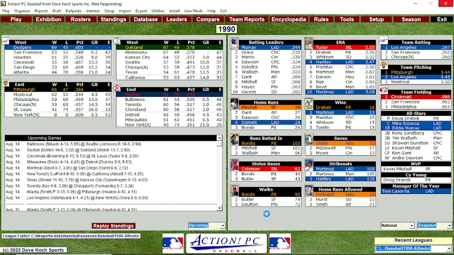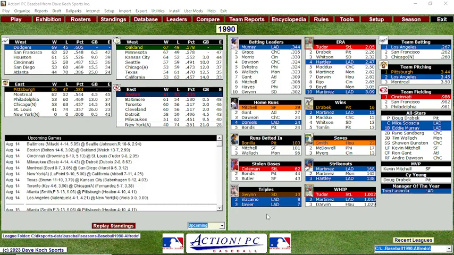And the same thing happened for the White Sox. I believe I clicked on the roster for the White Sox and it just disappeared. Luckily, after every game I backed it up, a little backup file. We'll go to that in a moment. Make sure everything's okay. But before we do,